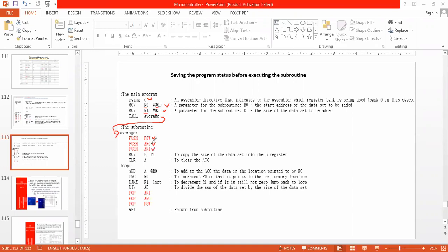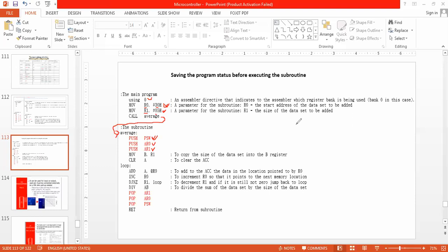Either I can write it like this, or I can write push 00, push 01. AR0 is not a different register; I cannot write only push R0. Push R0 is invalid. So another way of writing push R0 is push AR0. So I am saving 30H, I am saving 05H, and I am saving the value of PSW on the stack.